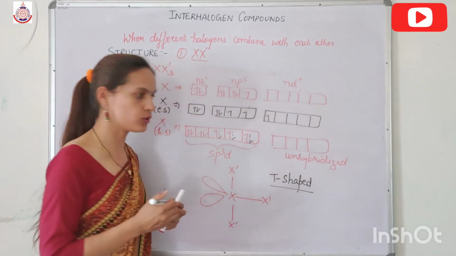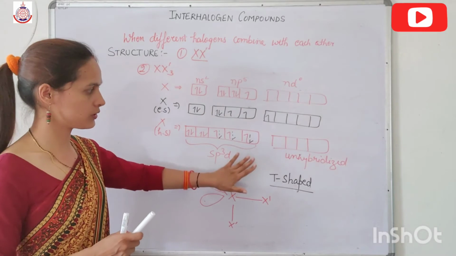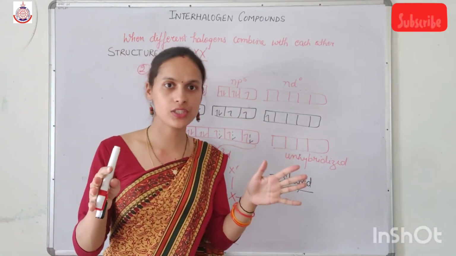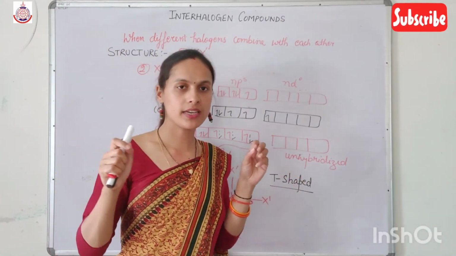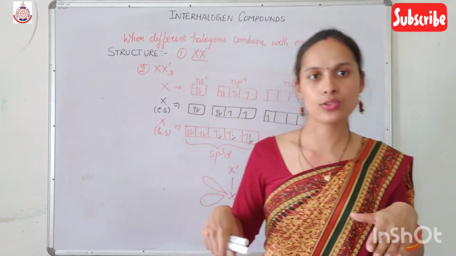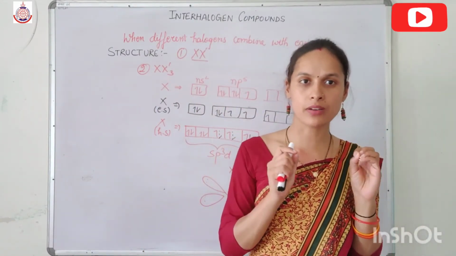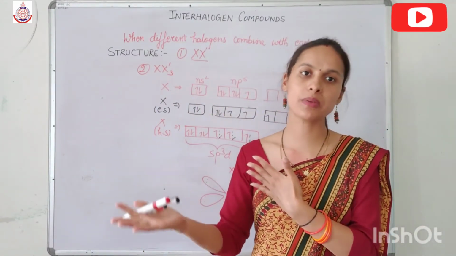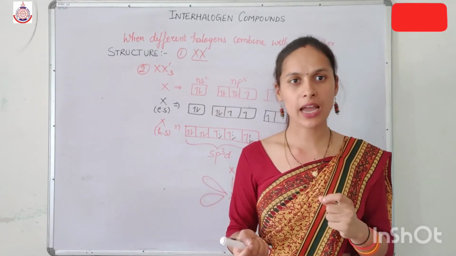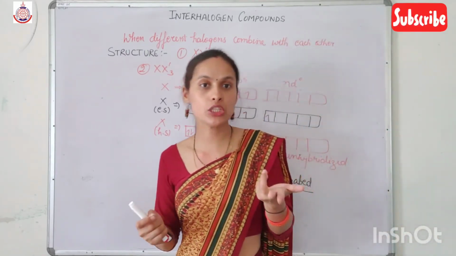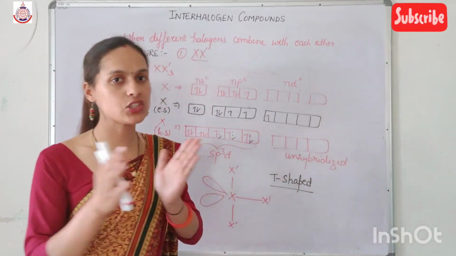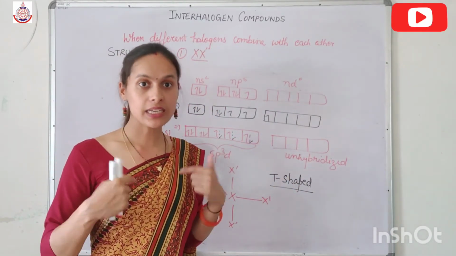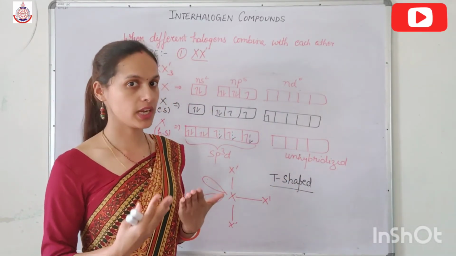And this we don't have to learn. We can find out through this method by keeping the configuration in your mind that yes, we require 3 orbitals, and in halogen we have ns2 and np5, so one electron will jump from p to d, so we get sp3d hybridization, but because of the 2 lone pairs we get T-shaped geometry. Similarly, we'll find out the shape in the